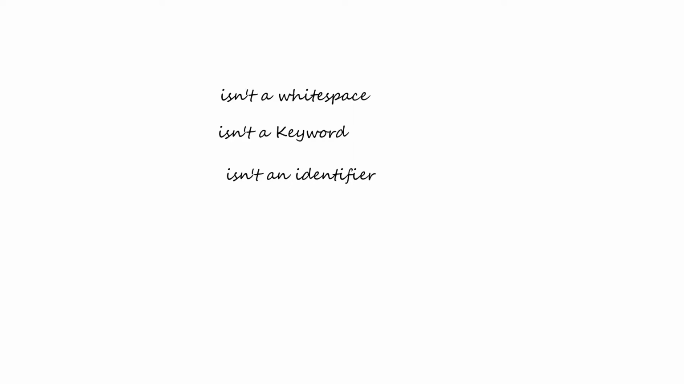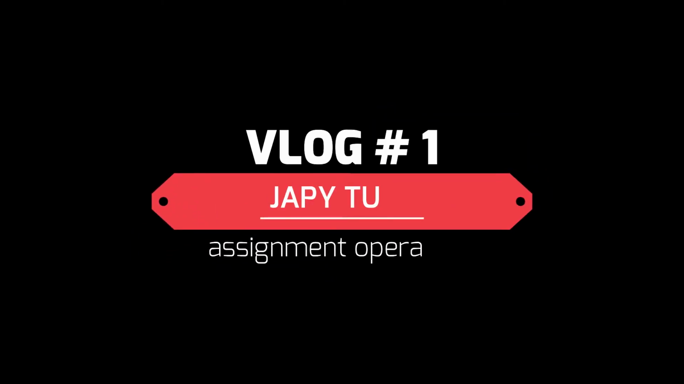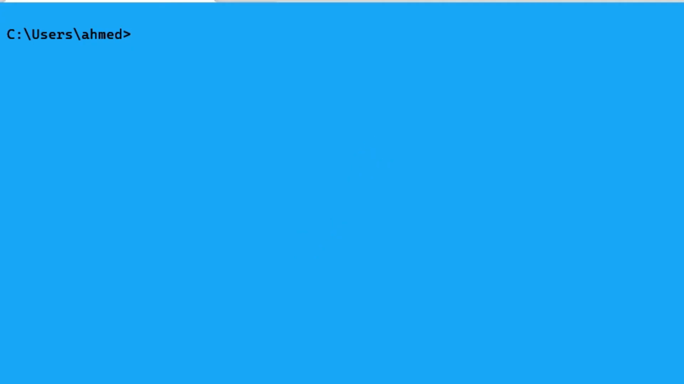The operator is basically anything that's not white space, isn't a keyword, and isn't an identifier. And there are many types of operator. The first one is the assignment operator, which is used to assign values to variables, as we saw in the previous video when we were declaring variables and assigning actual values. For example,